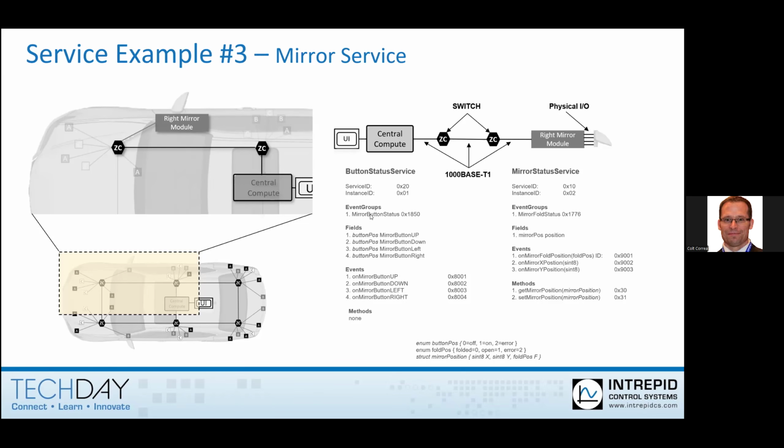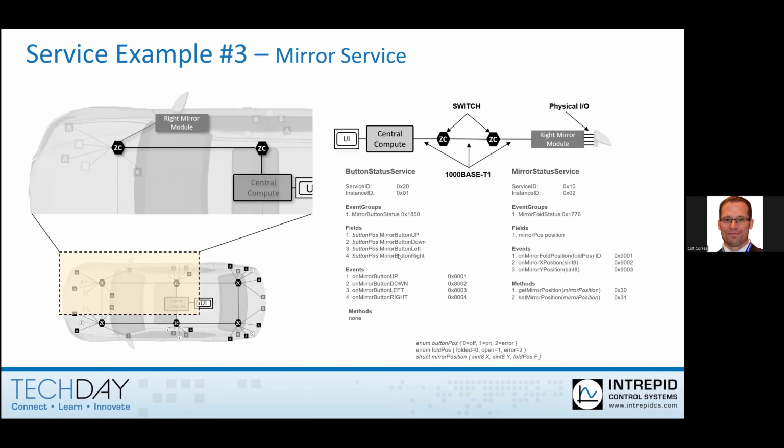And then we have event groups. Some of the event groups, like mirror button status, would fire potentially whenever a user would push the user interface to adjust the mirror. The event group is just a number essentially that defines an event that gets fired or is triggered based on some condition. In this particular one, it's whenever the mirror button status changes. In the mirror status service, the mirror fold status is an event. So in other words, if the mirror gets folded for whatever reason, then that could trigger an event group notification